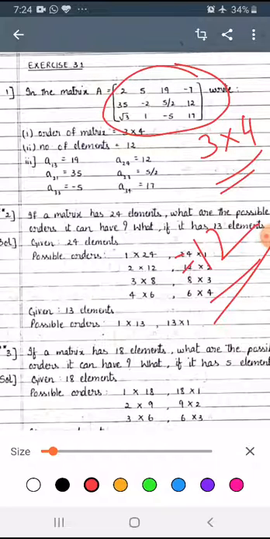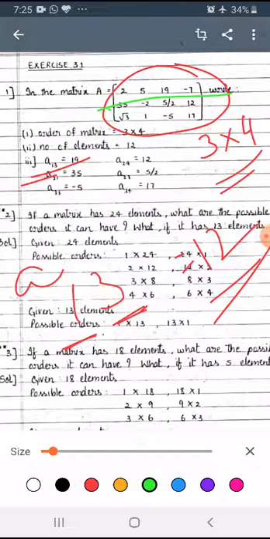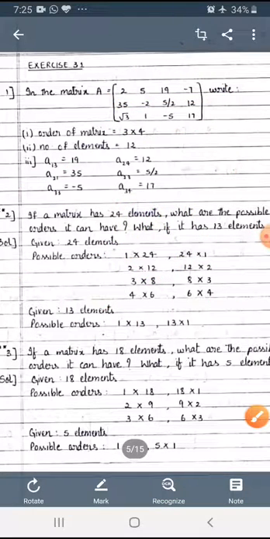Now they're asking particularly about elements. What they're asking first is a13. 13 means first row, third column, so we have to find the element at that position. See here, first row and third column. What is the element here? 19. Yes, so that is the element of first row and third column. Like that in the exam they will ask for 1 mark, but they won't ask such easy questions.